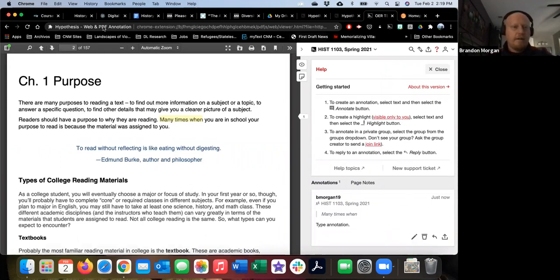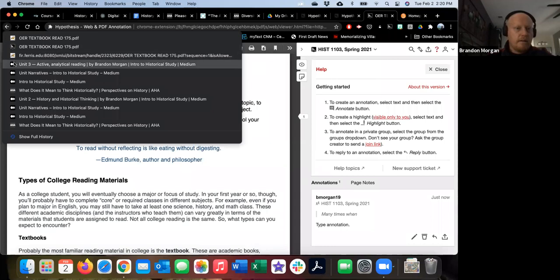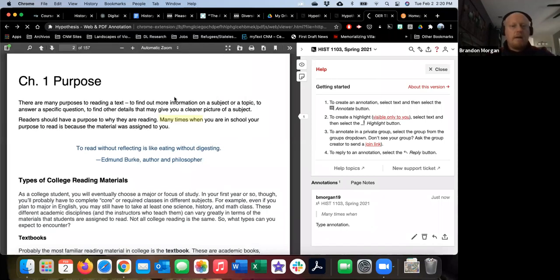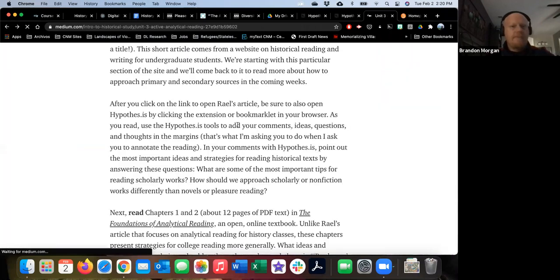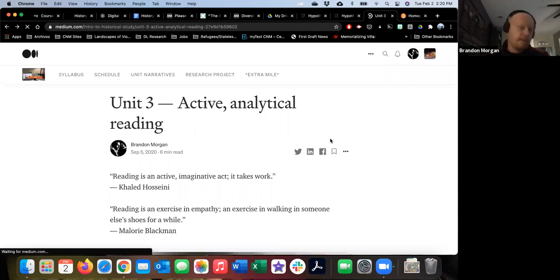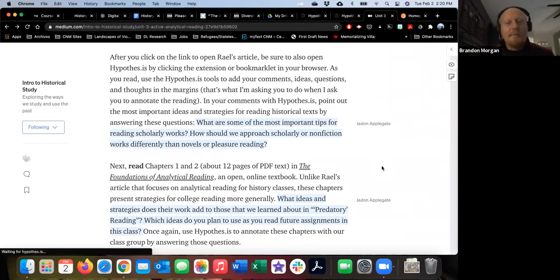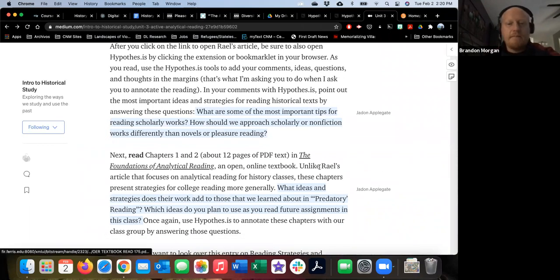So that's one of the articles that we're reading for Unit 3. Let me see if I can go back there. There we go. What I did is I just went back to the Unit 3 narrative, because it went to the top of the page. So I'm back to where I clicked to open that reading.